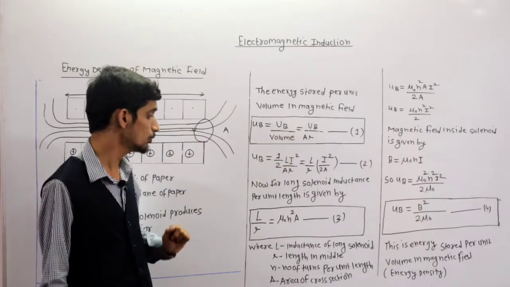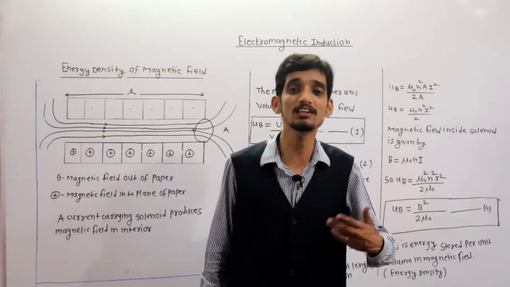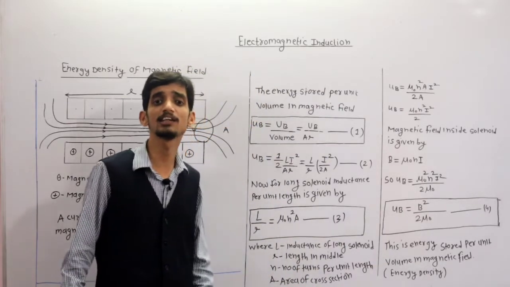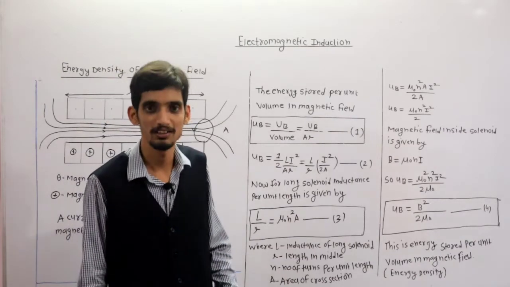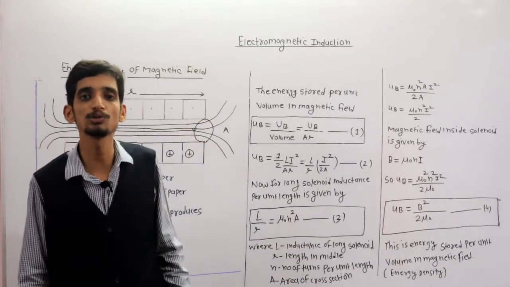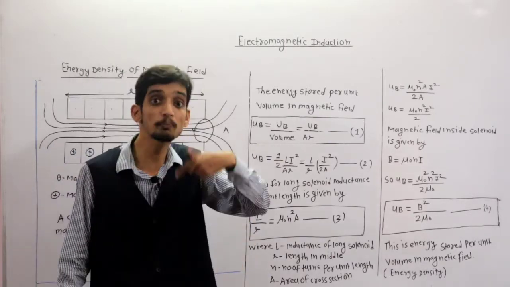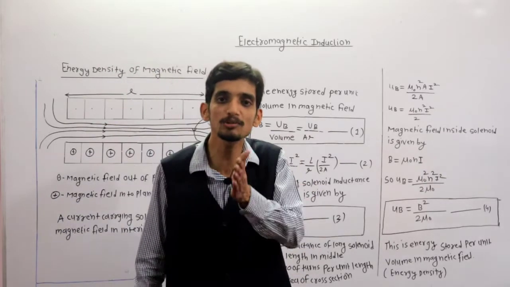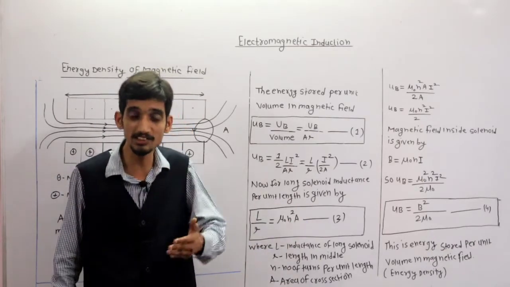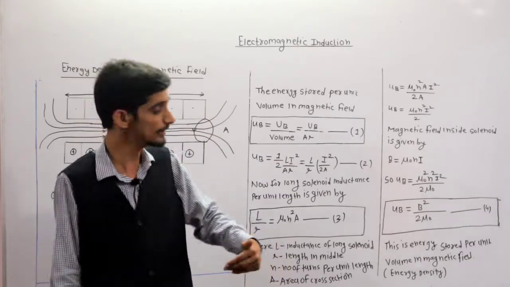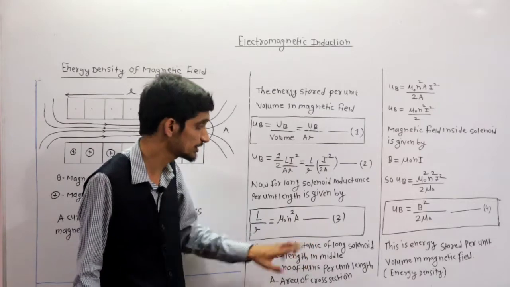Clear? Now, one important point. For a long solenoid, we know that the self-inductance of the solenoid is equal to mu 0 n square Al, as I discussed with you, where l is the length. Now inductance per unit length means what? Capital L upon small l, because this is inductance per unit length, is mu 0 n square A, because inductance is mu 0 n square Al, and that has to be divided by this l, so that I get mu 0 n square A. This is equation number 3.